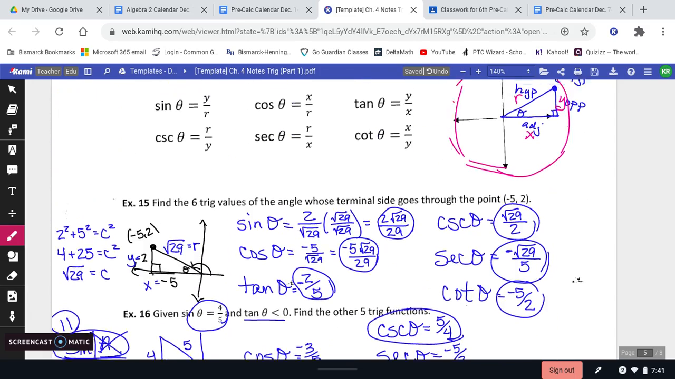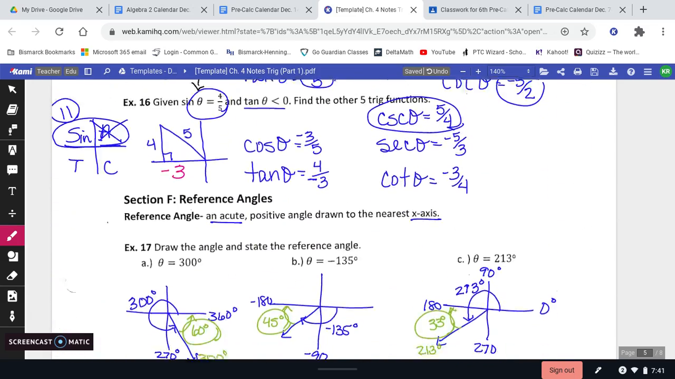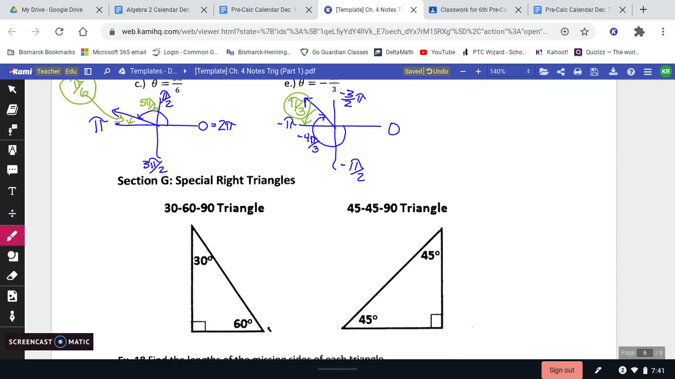Okay. All right, so that's going to be it for today. And then we will look at special